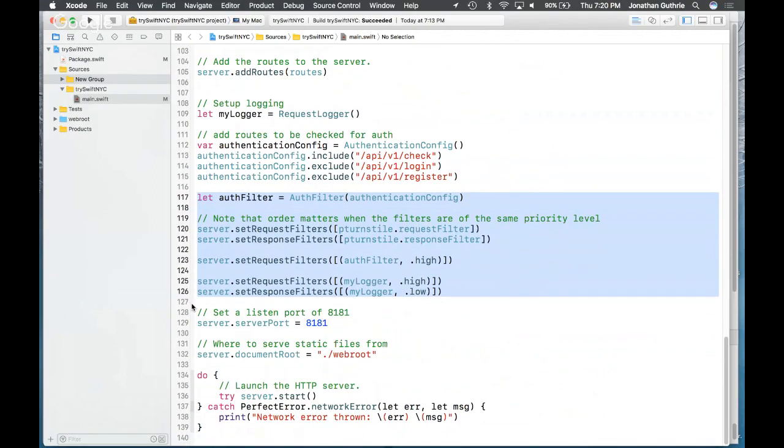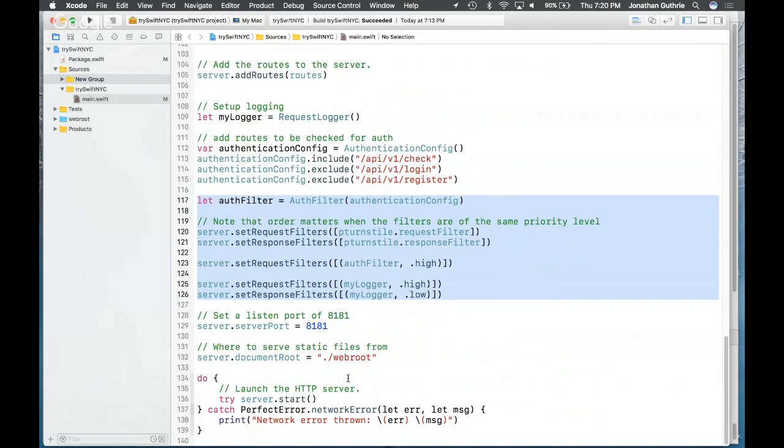And then we're defining what port is going to be on and where we're going to find our static files. And then eventually we're actually going to start the server. Now it seems that we've actually gone and done a whole huge complex bunch of things. Yes, so the filters are primarily for things like security.